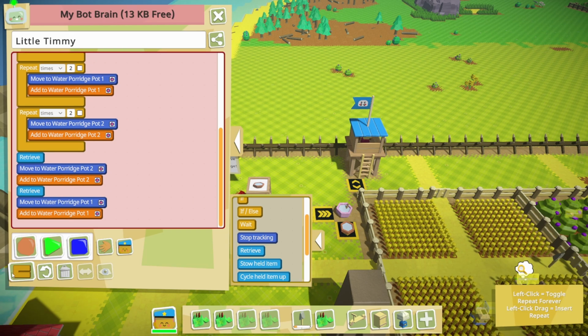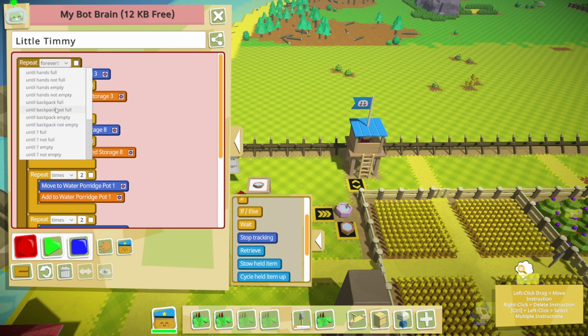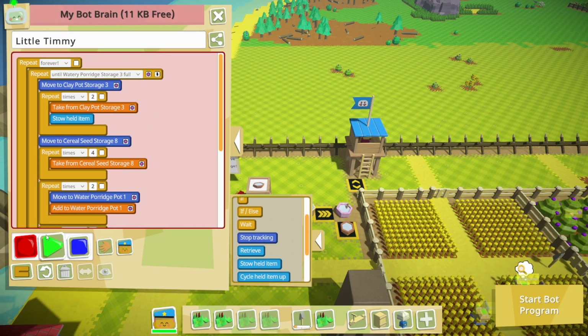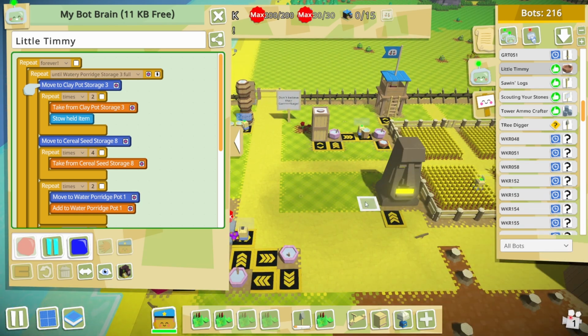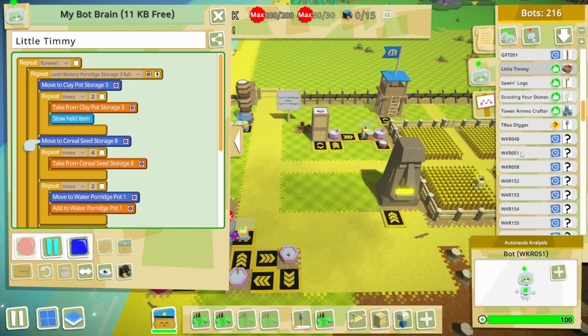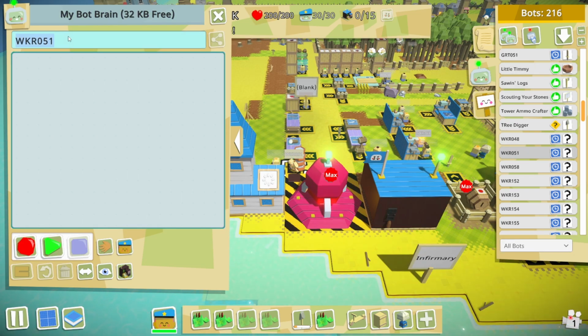And I want you to do this. Whoops. I want you to do this until that's full. You may skip out of it and do it forever. All right, little Timmy, you carry on. You carry on your good self. All right, we'll see how that goes. I'm going to grab this guy. You are going to be the